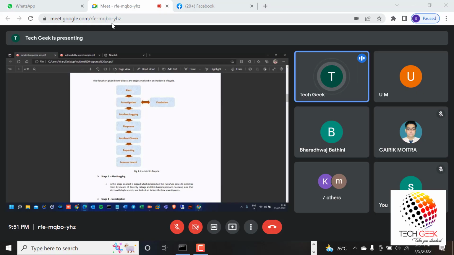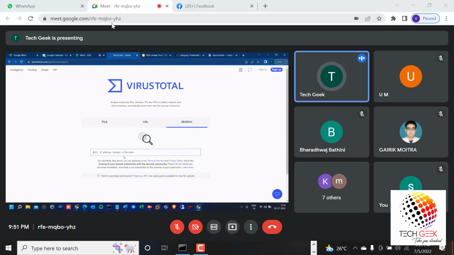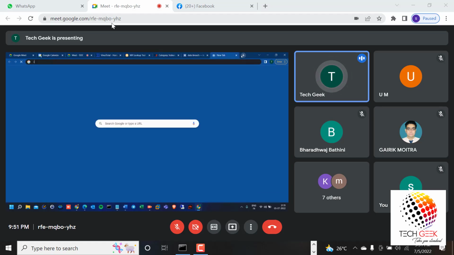When it comes to platforms, I think everyone knows VirusTotal. This is a platform where we cross-check IP addresses, URLs, files, hashes, domain names, and more. We have multiple security vendor platforms like that. You should mention these in the resume also, like VirusTotal and MX Toolbox. That's enough. And we have IPVoid.